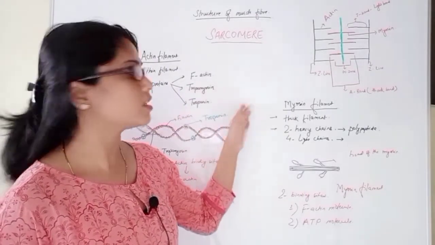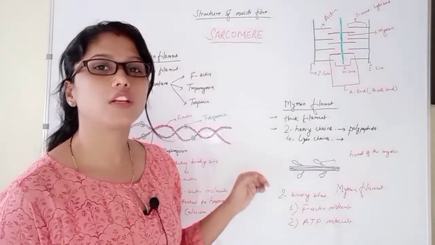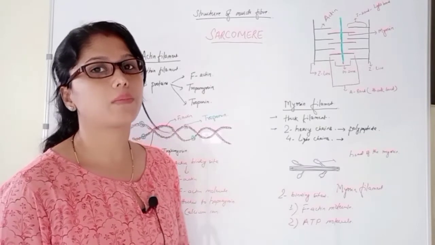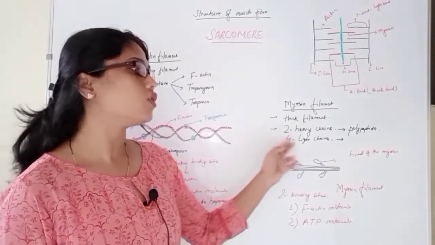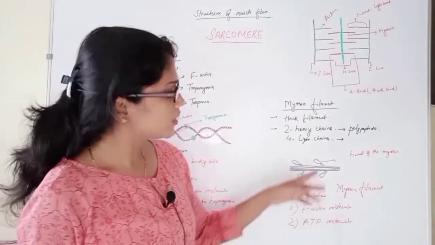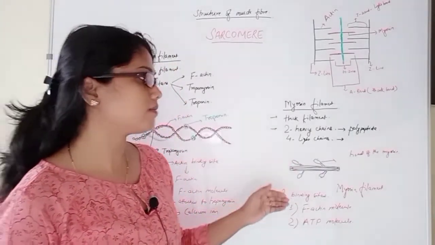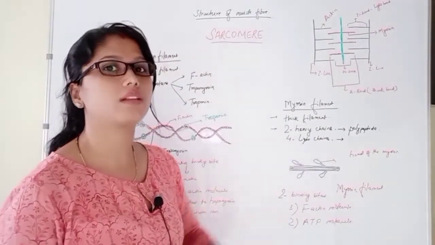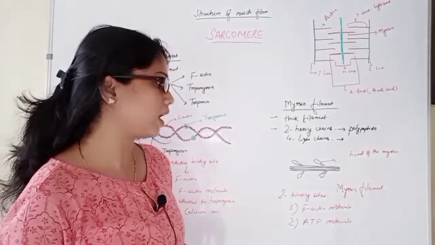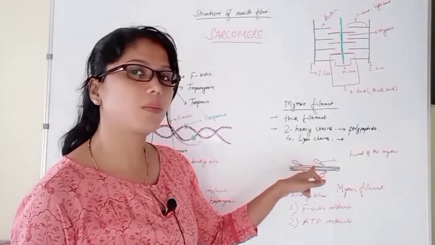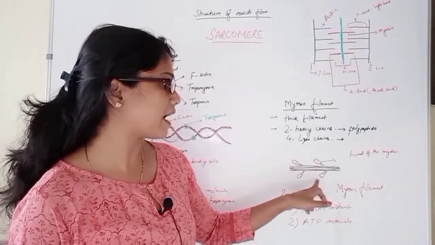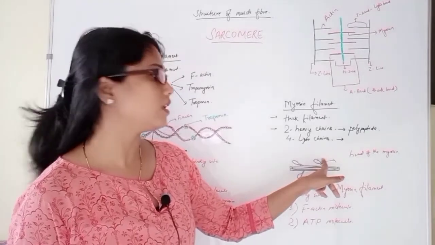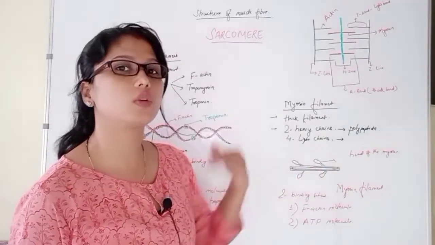than the actin filament. It is thick due to the presence of polypeptide chains. It has mainly 6 polypeptide chains, 2 heavy chains and 4 light chains. It also has lateral projections, which help the myosin filament get attached to the actin filament during the muscle contraction stage. Can you see here, the head of the myosin has binding sites. First, it has the binding site which helps the head of the myosin get attached to the